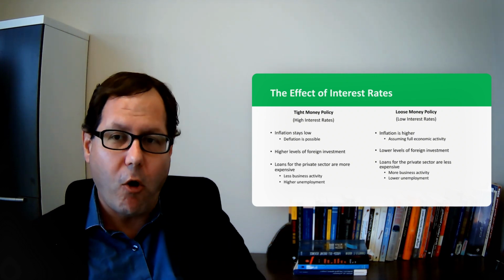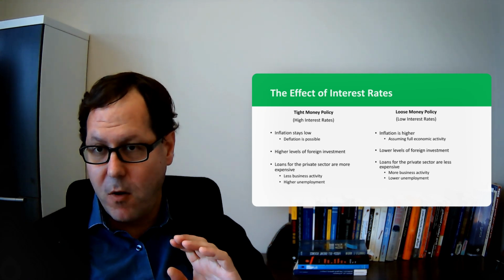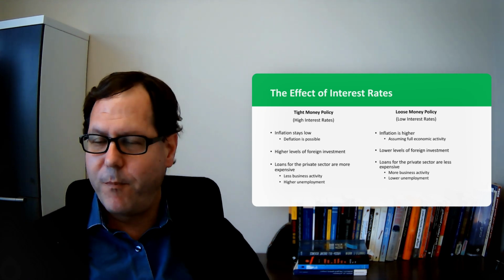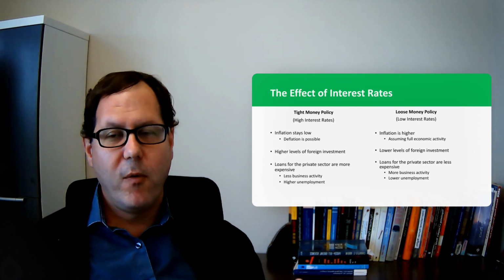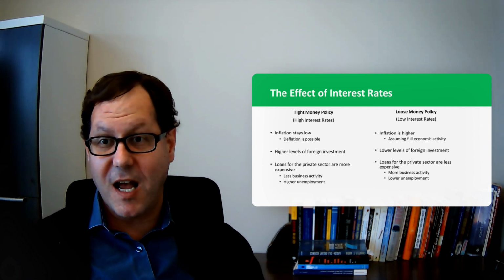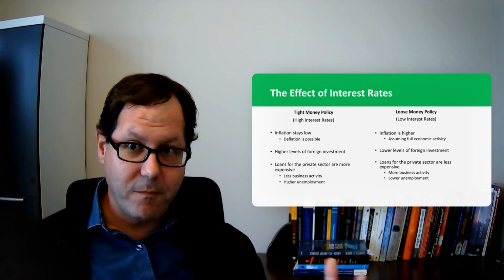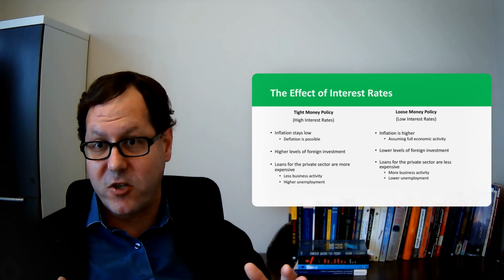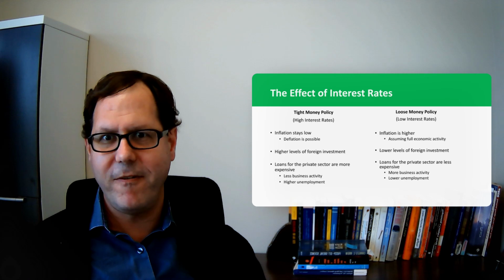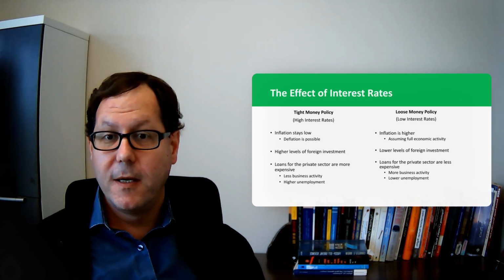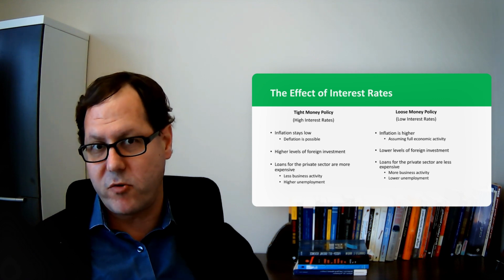A tight money policy also has the effect of slowing the overall economy. So as interest rates go up, banks are going to be less likely to lend to you and I, which means businesses are going to have a harder time getting the money they need to expand. They're maybe going to hold off on building that new factory. It's going to slow economic growth and will probably, if you increase interest rates high enough, drive up unemployment. And so there's these various different effects that come from driving those interest rates up.